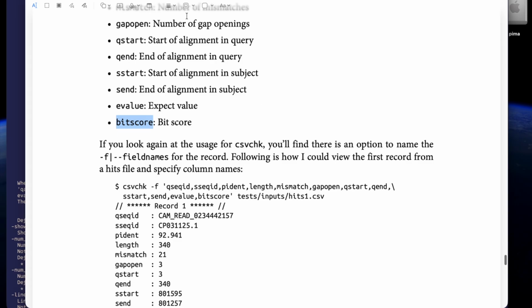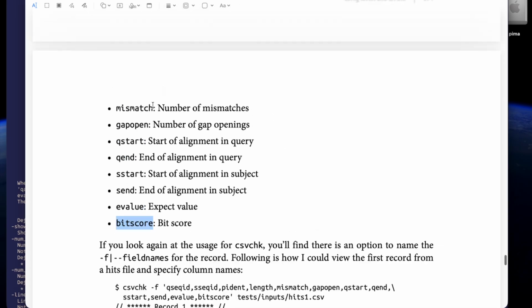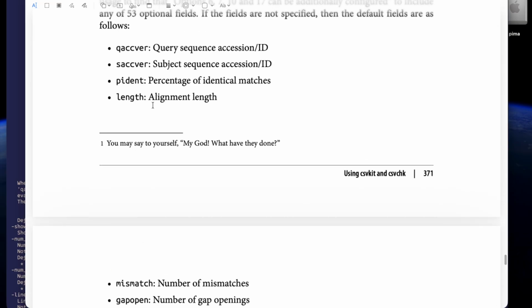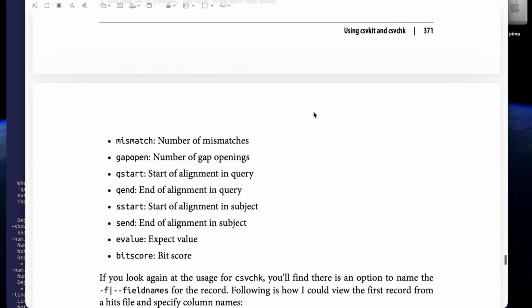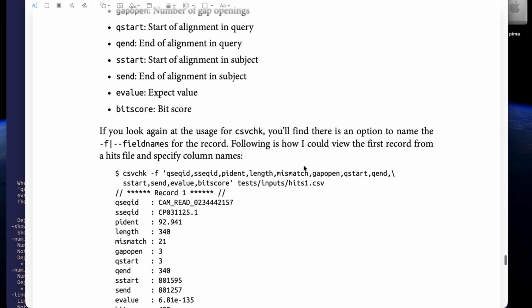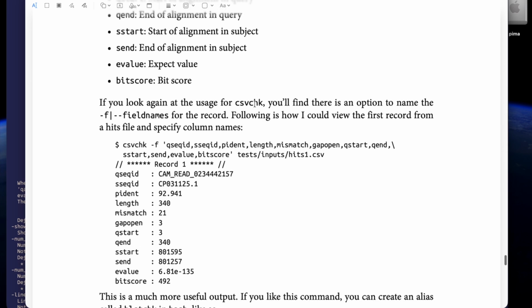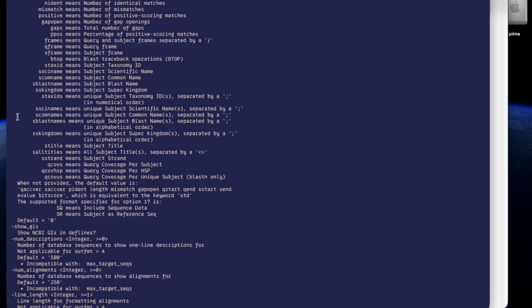There's so much to say about BLAST and these outputs, but for lack of anything better to do, we're really going to focus on this percent identity. One of the things we can do with CSV check is tell it what the column headers are. And this shows CSV check using the Python version. So if I run this,